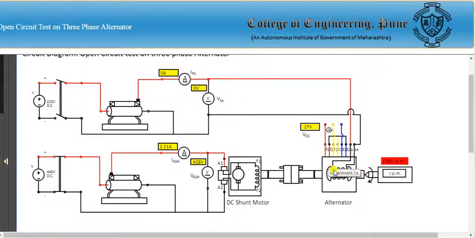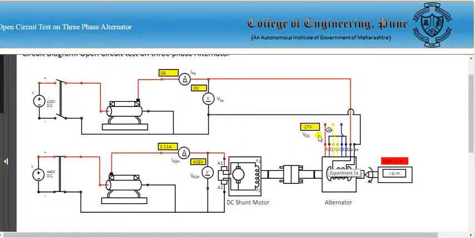This is the rotor supply, and this is the stator armature connection. You can see here the red marked connection, then the yellow wire, red wire, yellow wire, blue wire. So these are the RYB connections. Here you can see some voltage is induced due to residual magnetism. You can see 27 volt. The open circuit voltage is indicated by this voltmeter.